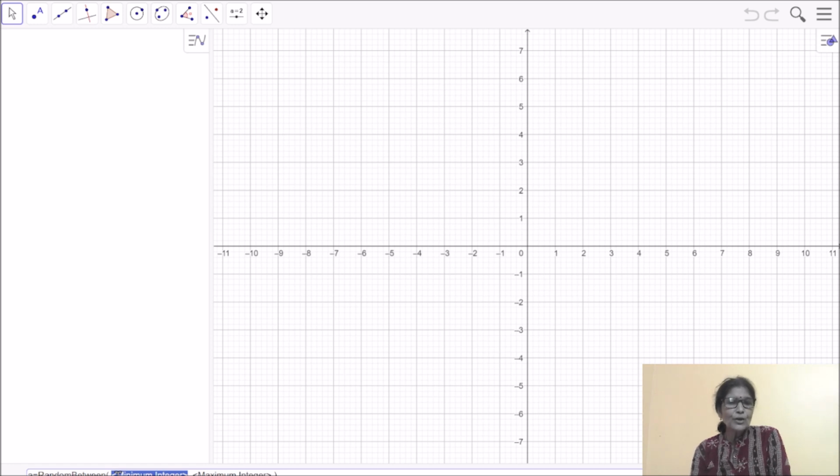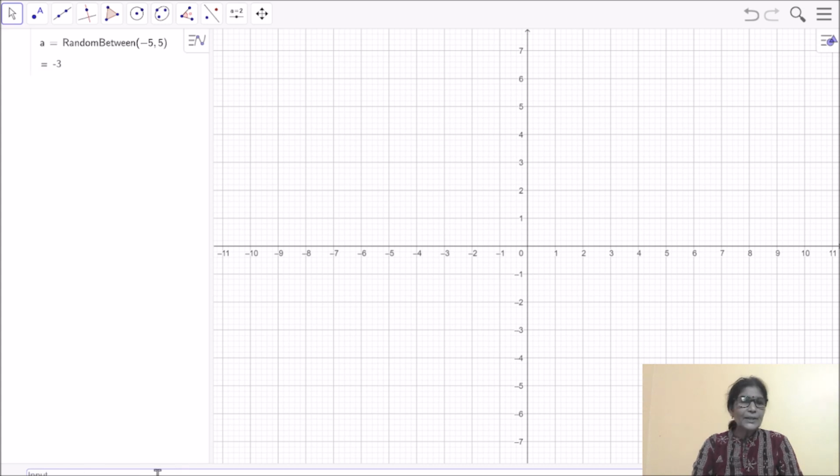The smaller number comes first, then a comma, then the bigger number. That means my x is equal to a random value from -5 to 5.